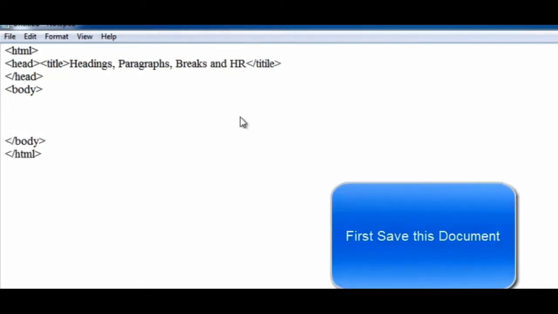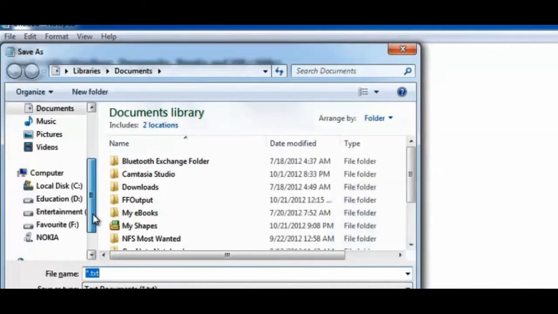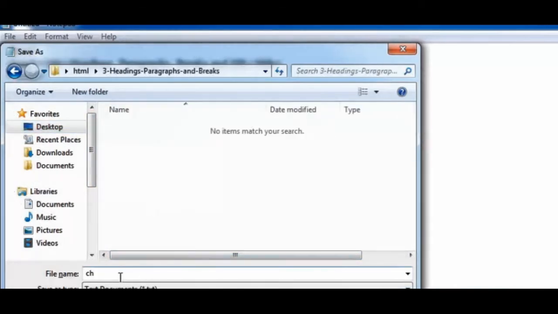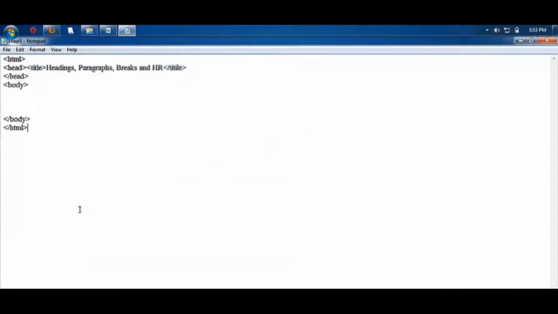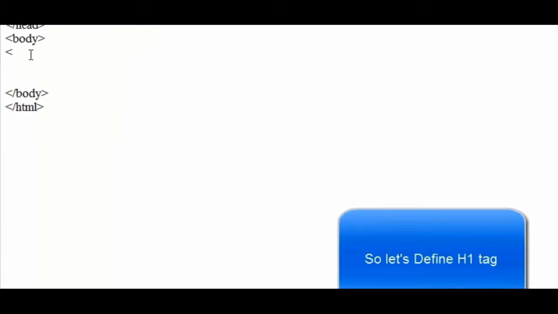See, don't get confused. Title I have taken here. Save this. You need to learn to save every time. I am saving on the desktop, because I have a lot of space. If you generally save it elsewhere and have less memory, your computer will become slow also. I told you, children, that the title we have taken, heading, font, paragraph, will be displayed as the title. Just writing those things in the title will not help our purpose. So whatever tags we want to put on our web page should be within the body tag.